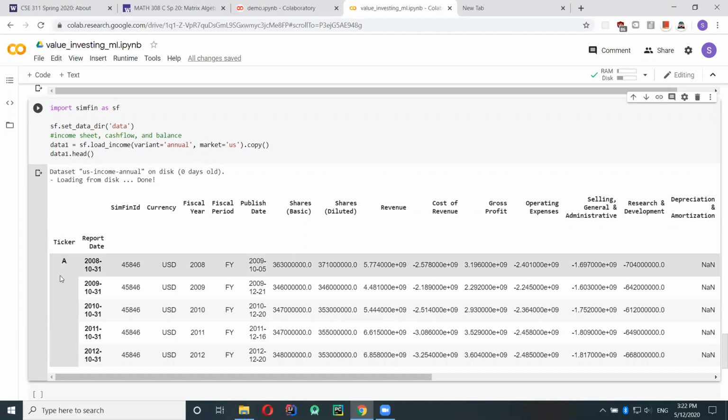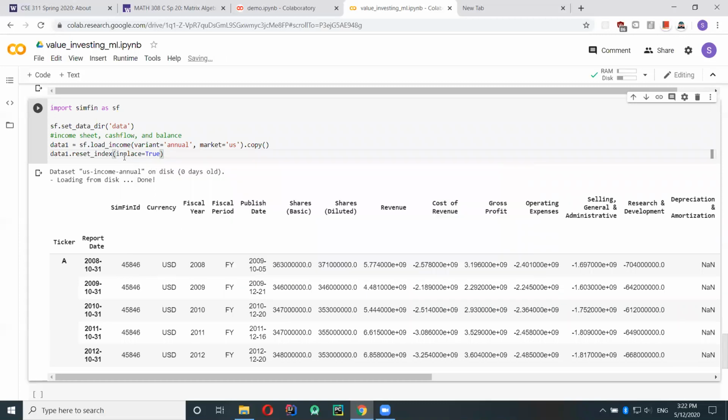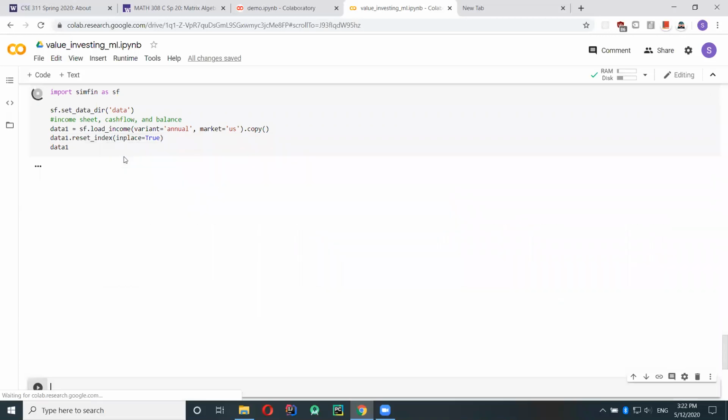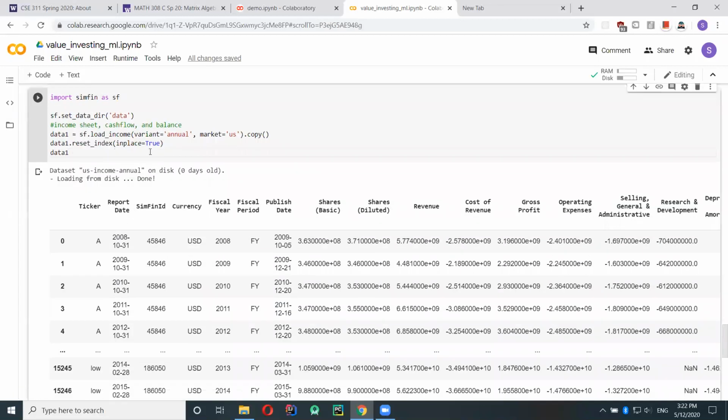So you index first through a ticker, then you index through a specific date. However, when we want to process this data for machine learning, we actually want to reset these indices. So let's do that. Reset index. Let's look at what this looks like now. So we have it like that.